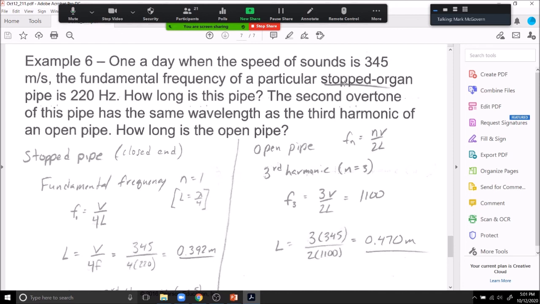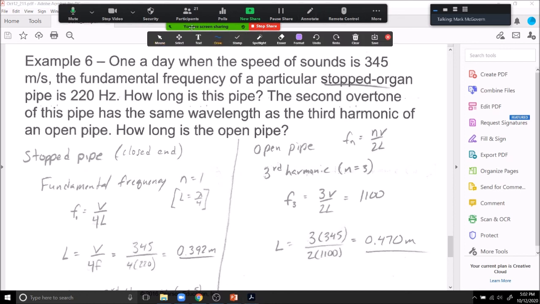Okay, now the word stopped means the end is closed. End is closed. So, one a day, huh? What kind of sentence is this? Okay, I guess there's no a. One day, on a day? I think it's meant to be on a day. In my professional opinion, which I can't really claim to have for anything grammar related, this is supposed to be on a day. On a day when the speed of... Boy, I'm just a wreck here. Look at this. On a day when the speed of sound... I think what happened is when I created this example, it was the end of the lecture, and I was like, I just got to get through this last one here. All right. On a day when the speed of sound is 345